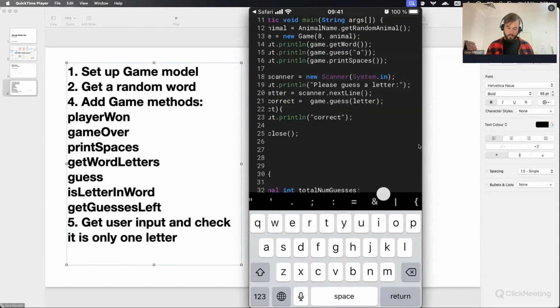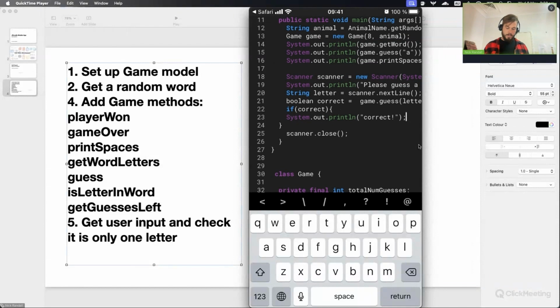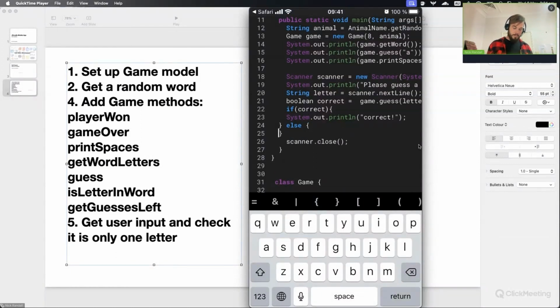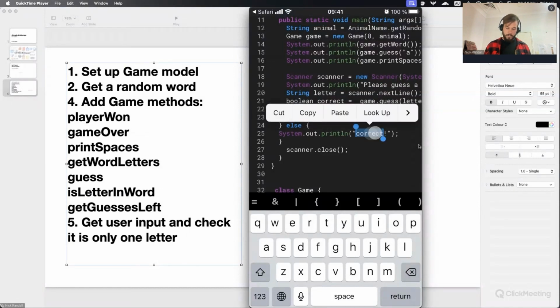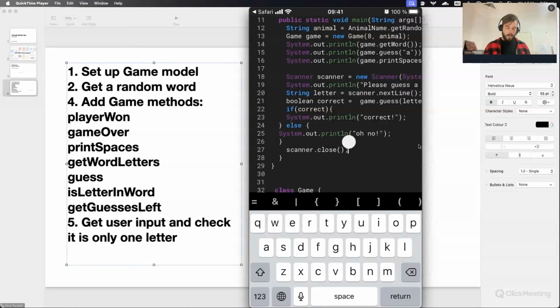And then we'll show them the print spaces method because we'll show it either way. So if they get it wrong, then we'll say too bad. Oh no. And then either way, we'll say